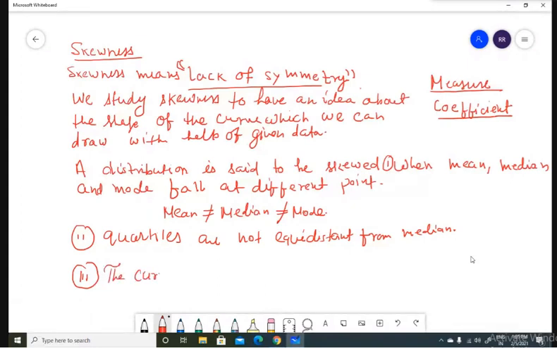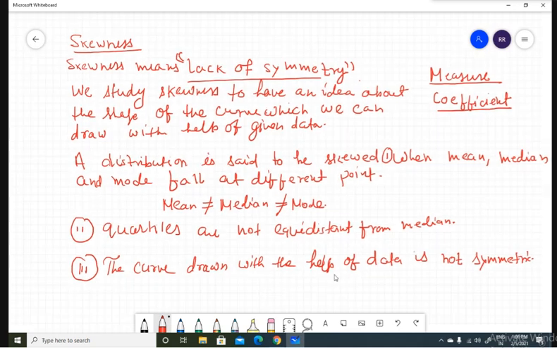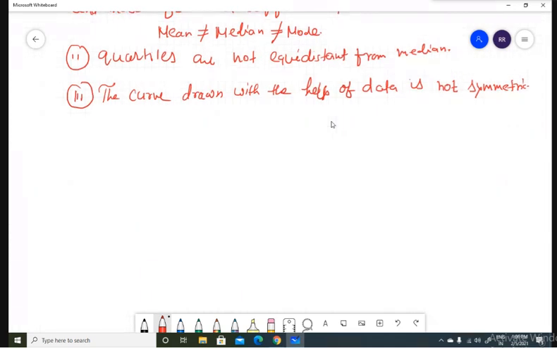The curve drawn with the help of data is not symmetric. Okay, so this is skewness. Now, how can we measure the skewness? So various measures of skewness are, for example, some measures of skewness